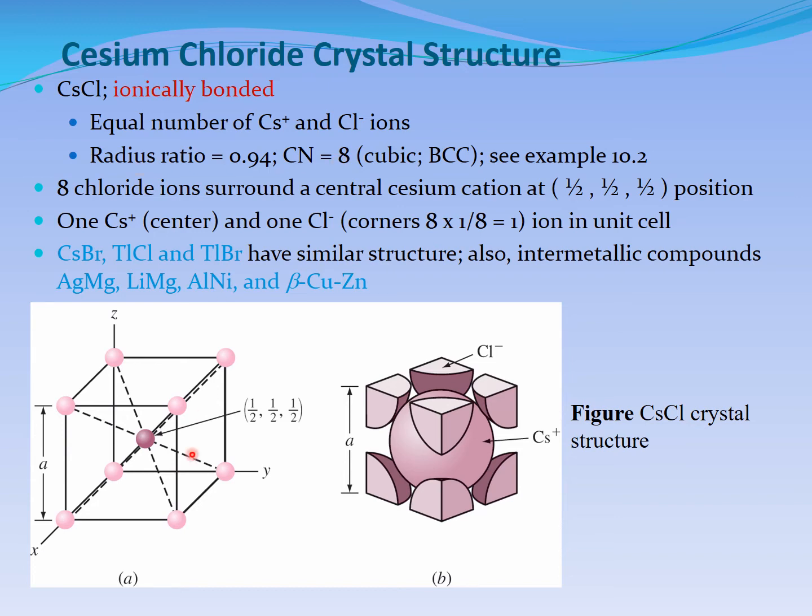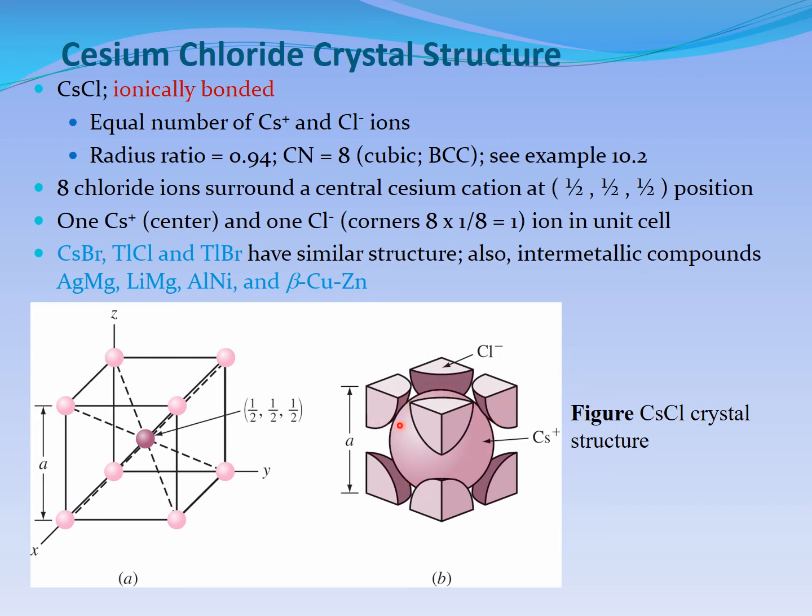The radius ratio in this type is generally 0.94. It can be slightly different, right? Coordination number is definitely 8. It is definitely BCC. And if it is BCC, then here we are just showing you the positions in the cubes, but the real one, this central one, is touching all the top ones and all the bottom ones, right?